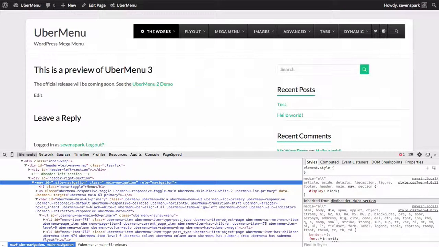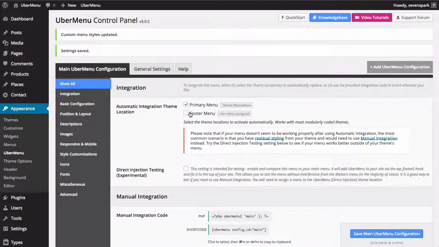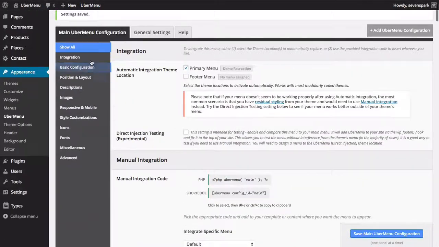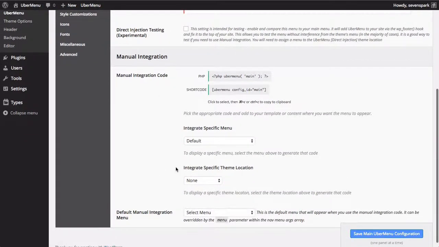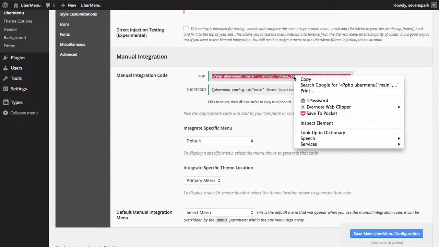So let's get the manual integration code by going to the UberMenu settings, scroll down under the main UberMenu configuration, under manual integration. It gives you some basic code. We want to integrate this specific theme location because we'll still reuse the theme location that the menu is providing. So we'll say we want to use the primary menu. You can see it automatically generates our manual integration code for us. So we're just going to copy this,